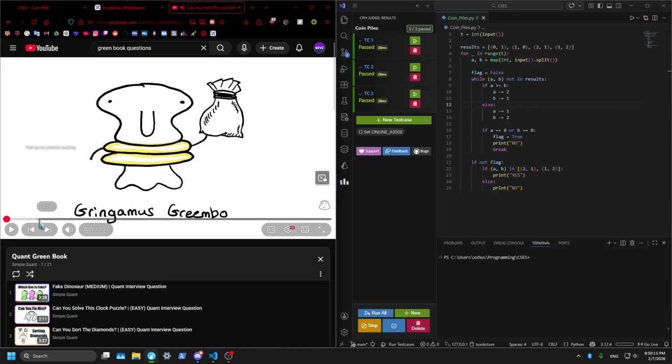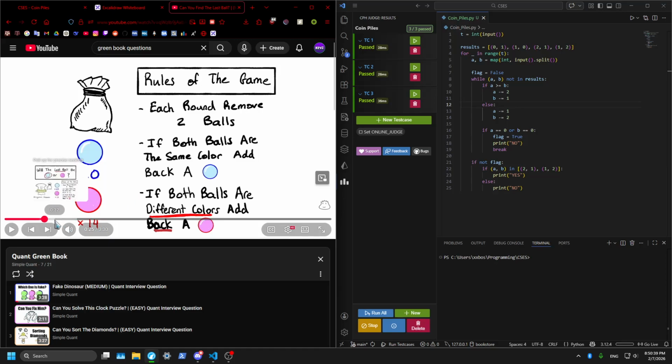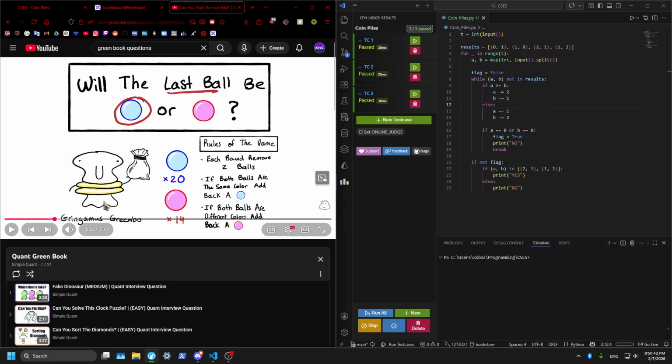where basically the idea is each round remove 2 balls. If balls are same color, add back A. If balls are different colors, add back a pink. And will the last ball be blue or pink? And the idea behind this problem was you have to realize some things, and what you have to realize is